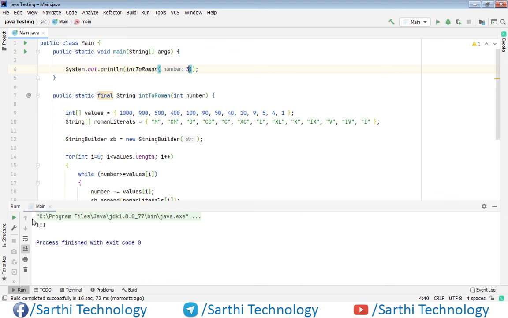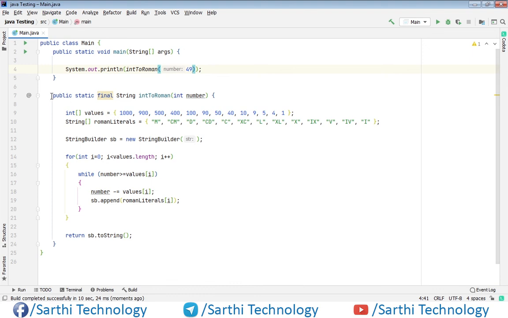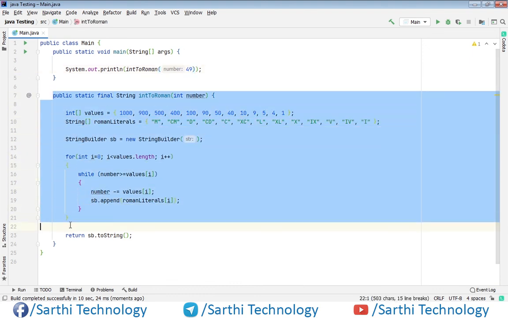Now you can see here triple I, and if we use 8, then the result will be V and triple I. In the same way you can use any number, for example 49, and here you can see XLIX. So this is the method that we can use to convert any number into Roman numbers.